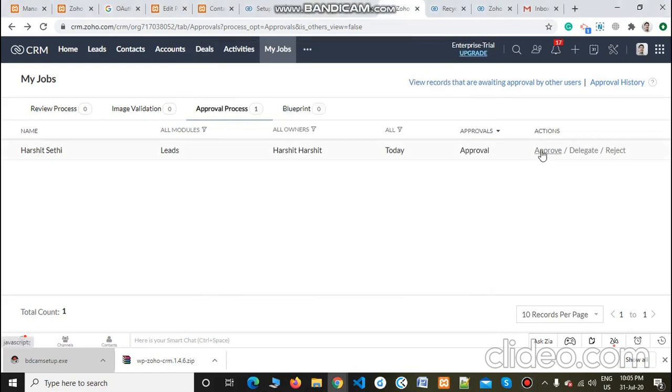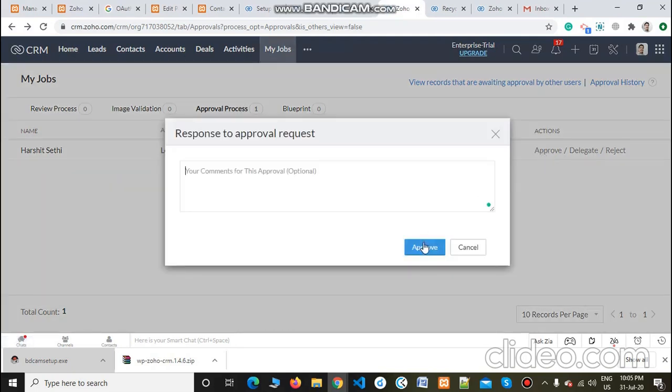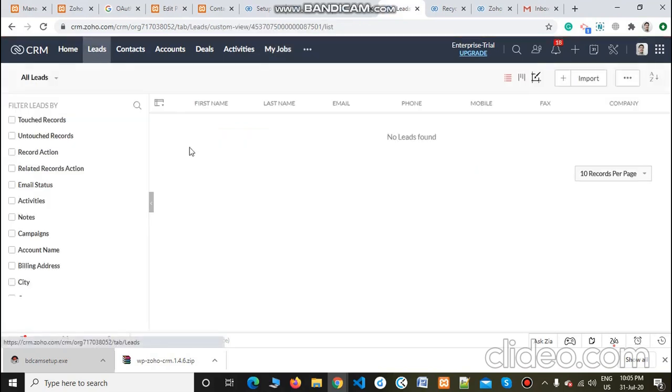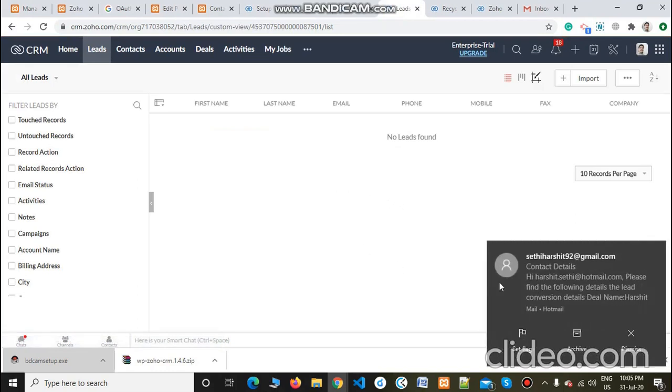So now on approval, the lead would be empty, the mail has been sent, and the lead would be converted into a deal.